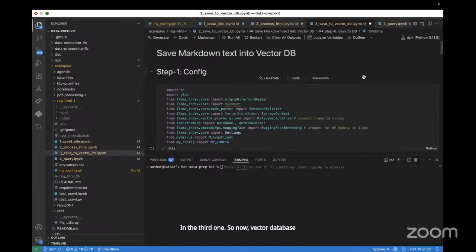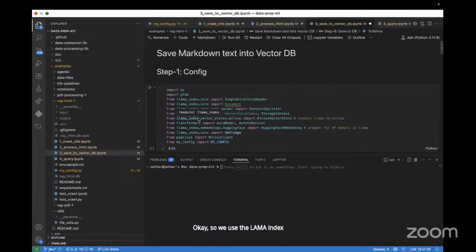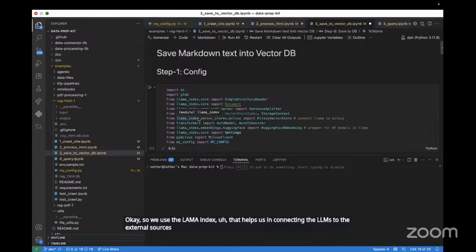Again, a vector database, as we discussed, is a database that stores the embeddings or the vectors in the form of numbers. Numerical representation of words is known as vectors. Okay, so we use LlamaIndex, which helps us in connecting the LLMs to the external sources, in this case the vector database.